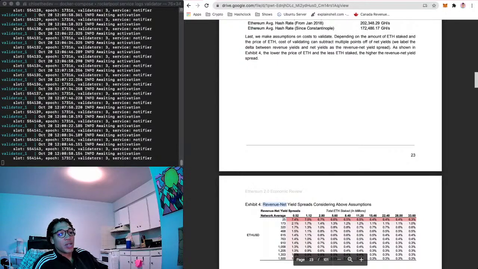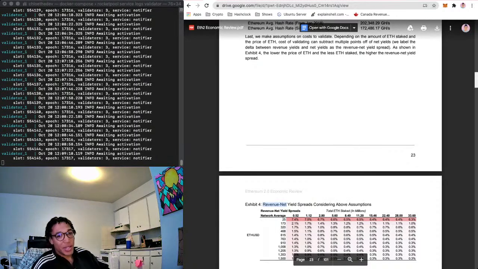So you're going to make more money if the price of ETH is lower and there's less ETH staked, and you're going to make less yield on your validator if the price of ETH is higher and things are more secure and there's more ETH staked, which makes sense because the more secure the network is, the less you're needed for security, and therefore,